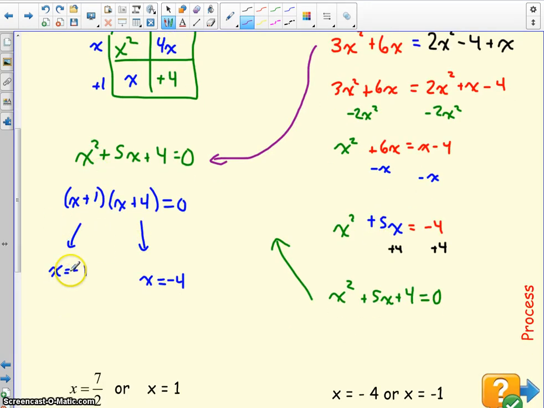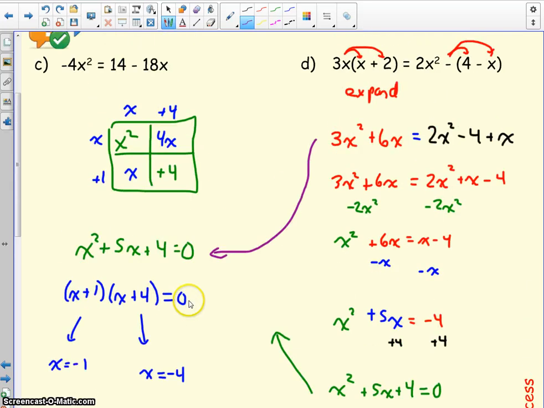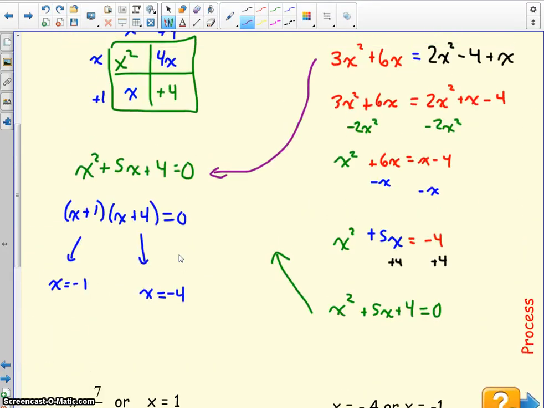And from each of those factors, I get my two solutions of negative 1 and negative 4. Okay? So again, you'll see a general trend: expand, simplify, everything over to one side of the equal sign, 0 on the other side, and then try and factor. Okay, so again, if you haven't tried,